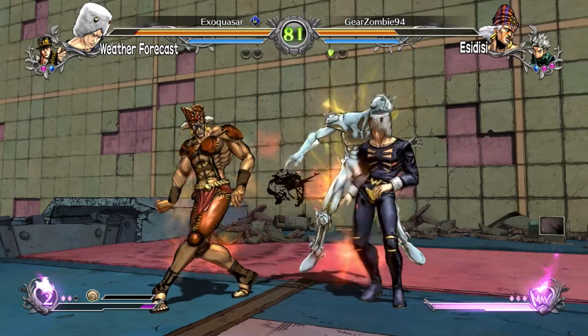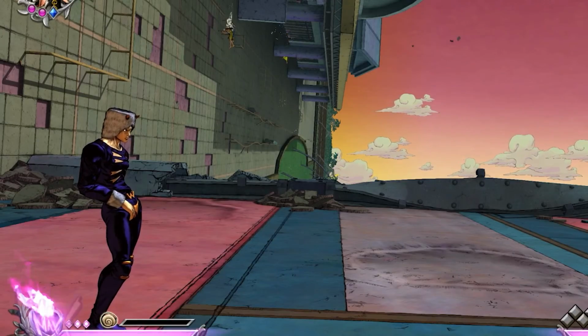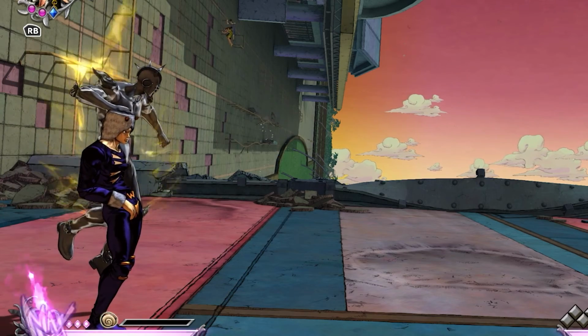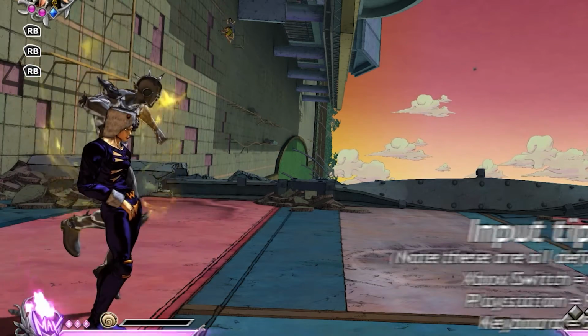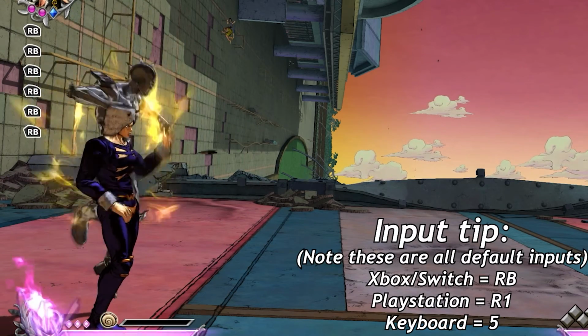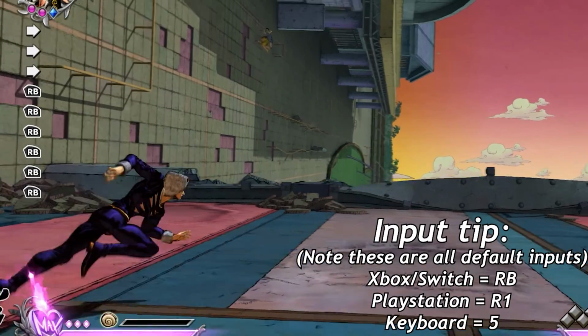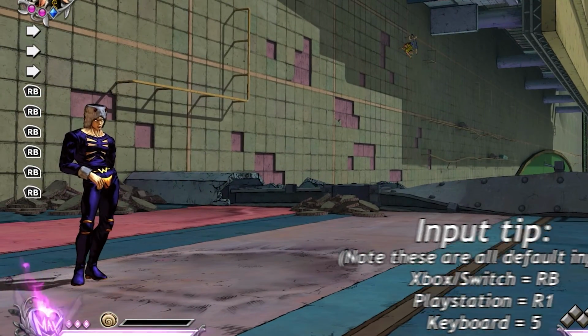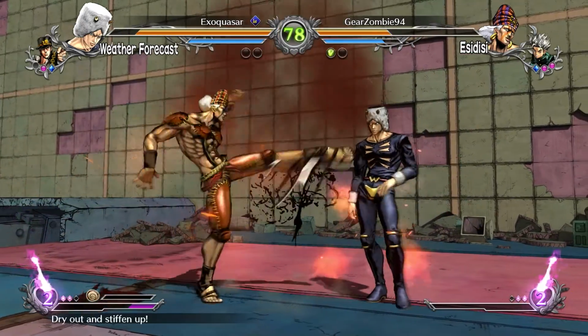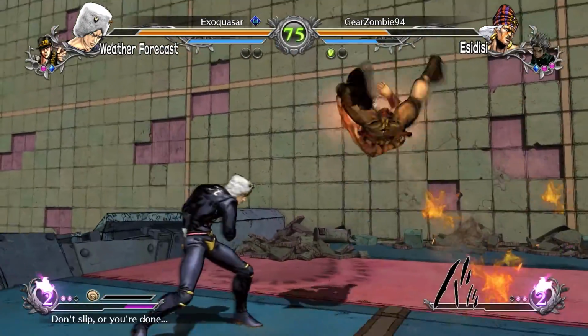Weather Report uses the stand style, like the majority of the roster, and this can be toggled on and off with the button you've got mapped to style. By default, this is RB on Xbox and Switch, R1 on PS4, and if you're some sort of masochist and play this game on keyboard, you will want to input 5. We will quickly toggle between stand and user mode to extend some of our combos later in the video, so